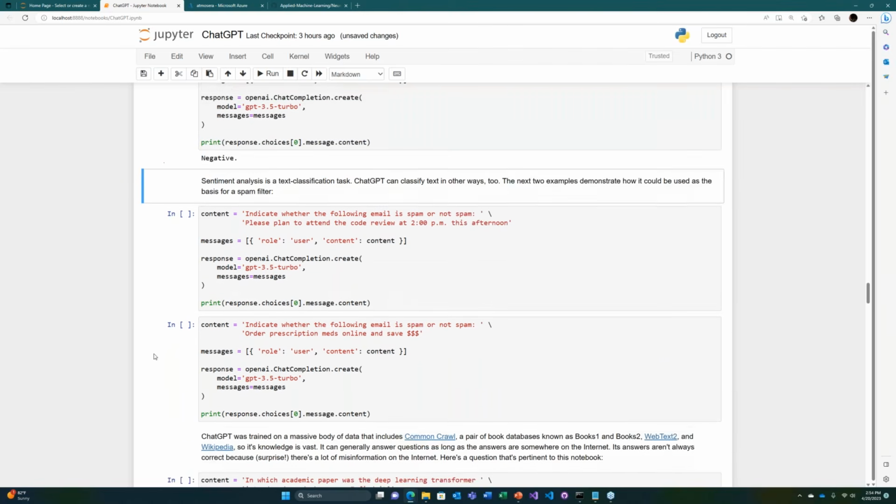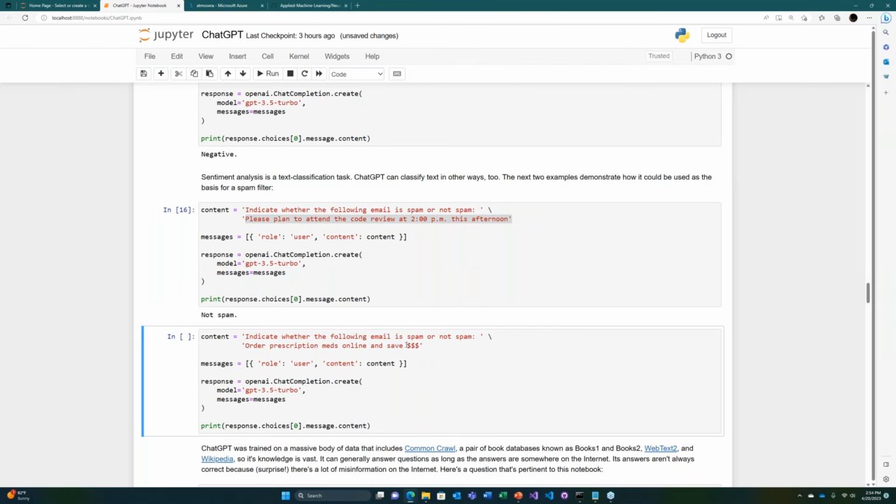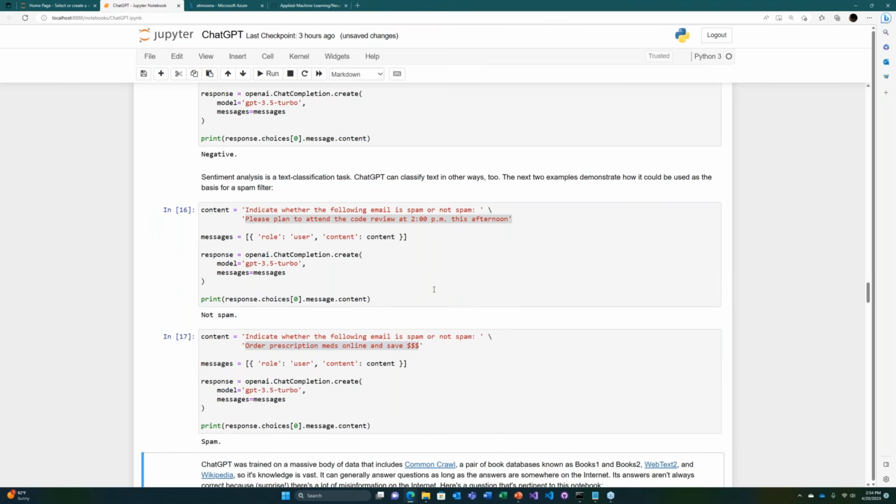Now, what about this? What about spam filtering? One of the things when I go out and teach classes on machine learning and AI, I teach people how to build spam filters. Today, we can build spam filters using ChatGPT. Here, we're asking it whether this email, "please plan to attend the code review at 2 p.m. this afternoon," is spam or not. And it should tell us that it does not appear to be spam. On the other hand, "order prescription meds online and save dollars," that sounds like spam to me,